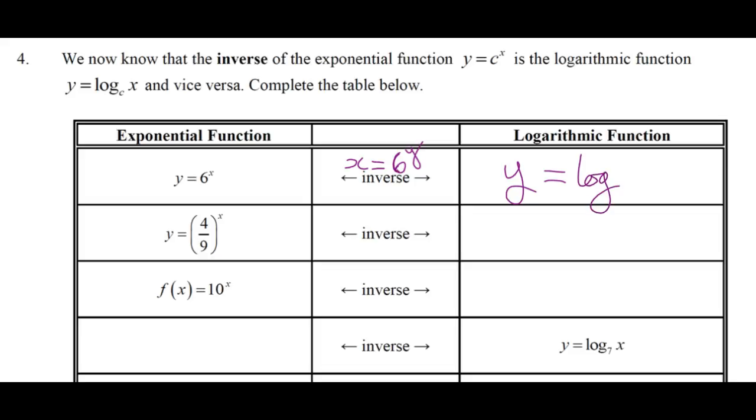What's the base? So if you look at this, the base is 6, right? Log base 6 of what value? x. Okay? So keep doing. The inverse, just interchange x and y, and then write that in logarithm. The exponent